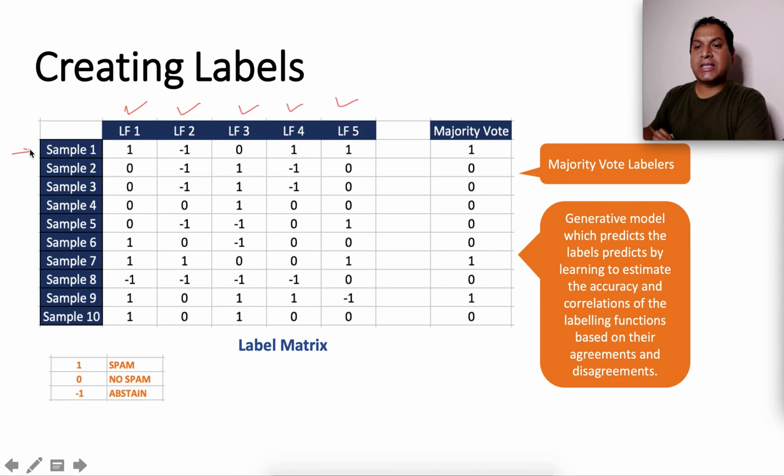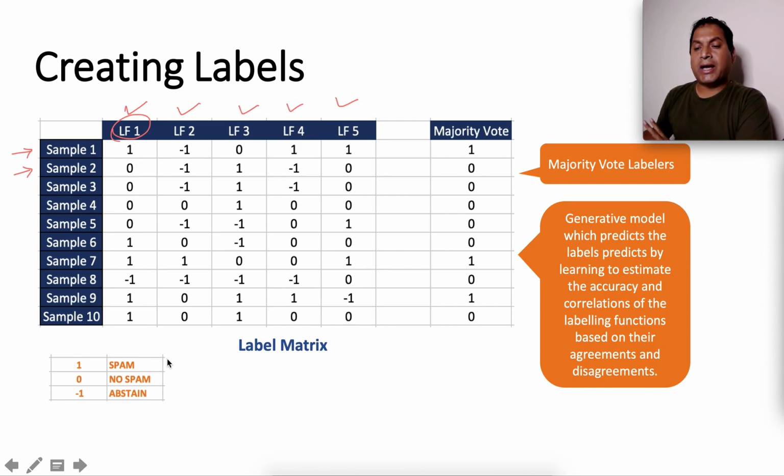Now we can apply all these labeling functions on the individual samples in the unlabeled data set, where each labeling function will label the samples based on the heuristics that we have programmed into it.